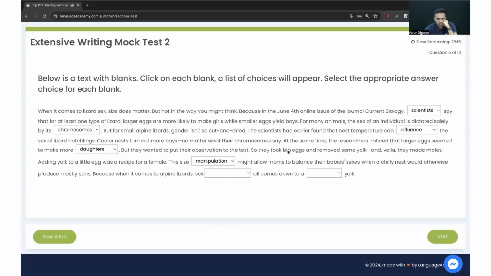Manipulation. Why manipulation? Because they are changing the yolk, right? Manipulate is to change something. They're removing yolk and everything. Might allow moms to balance their babies, which would otherwise produce sons. Because when it comes to alpine lizard sex